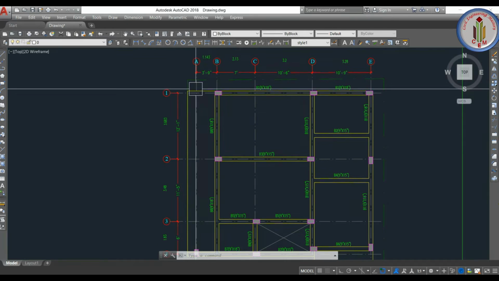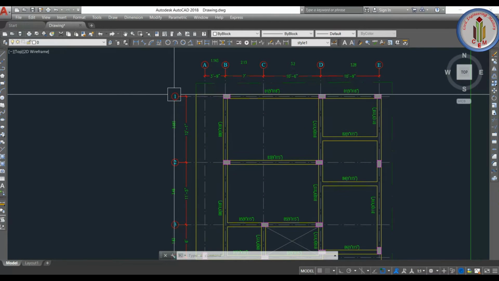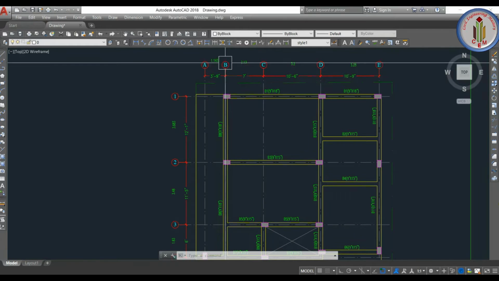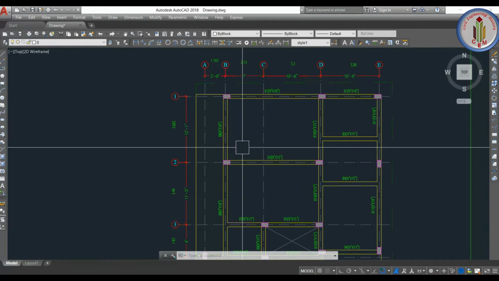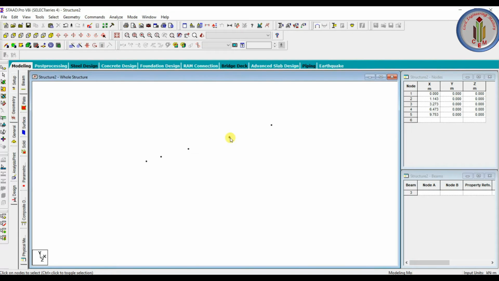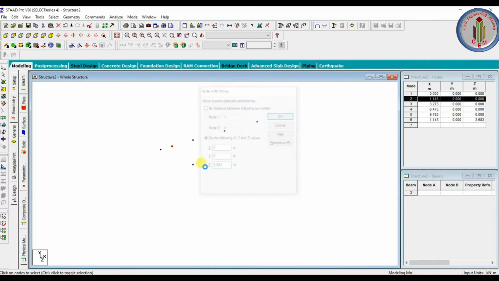Here in this direction the first grid starts from B. So grid 1 starts from B, not from A. Let's do the same thing in the STAAD model as well. Instead of selecting this one, let's select this node, and then Control C, Control V. In the Z direction it is 3.683.